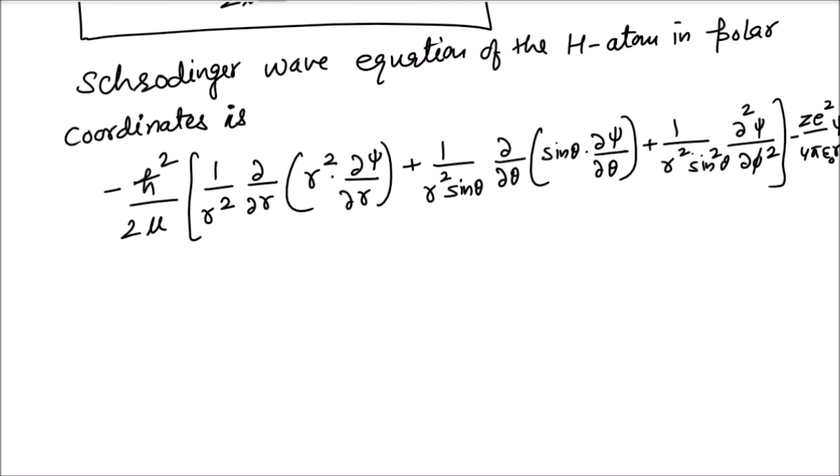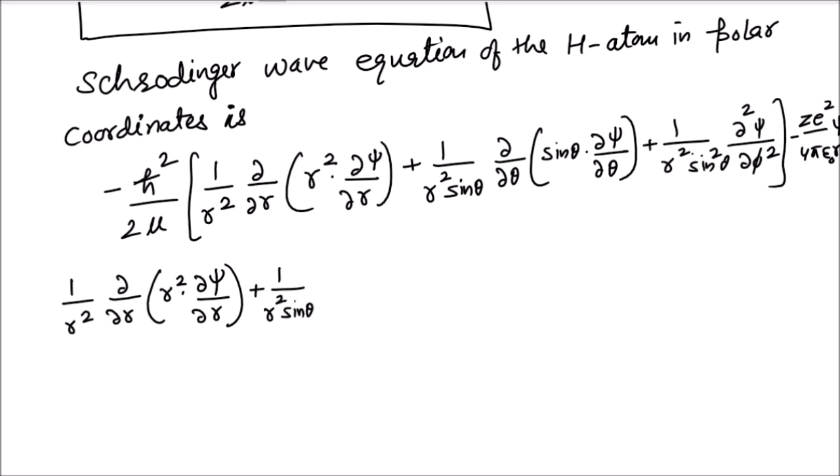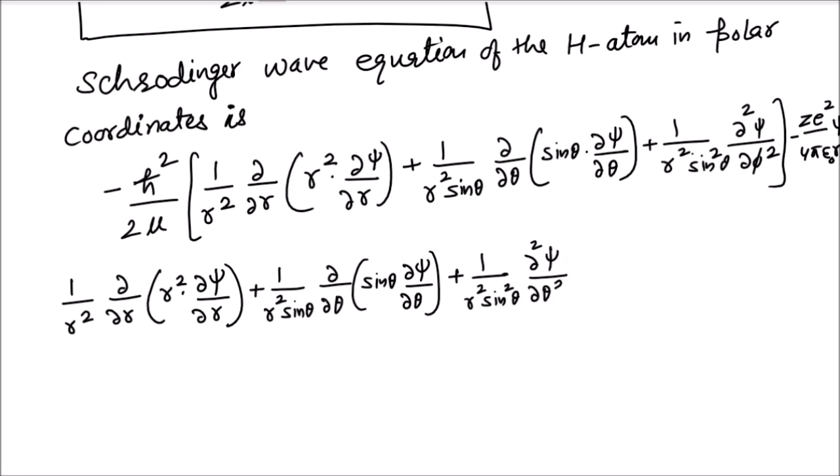Now see, 1 upon r square partial differential with respect to r of r square into partial differential of psi with respect to r, plus 1 upon r square sine theta partial differential with respect to theta of sine theta into partial differential of psi with respect to theta, plus 1 upon r square sine square theta second partial differential of psi with respect to phi, right,